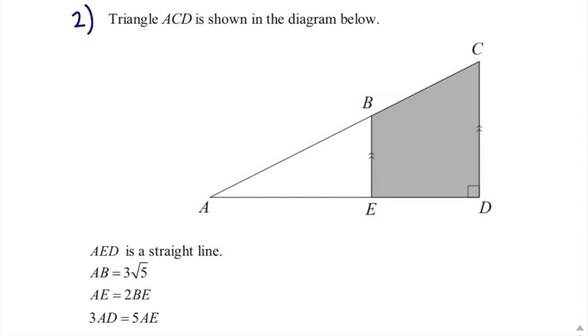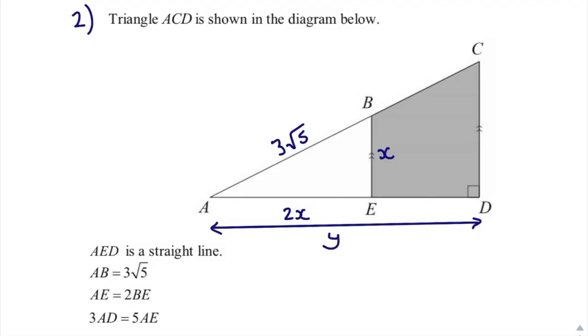Okay, so let's label this diagram. So we know AB is 3 root 5. We know AE is equal to twice the length of BE. So let's say the length BE is denoted by x. So that means AE we can represent as 2x. Now AD, which is the base of this triangle here, and I'm going to call this y,